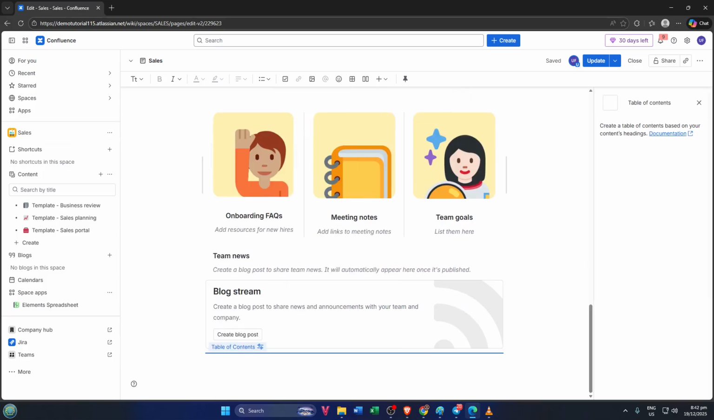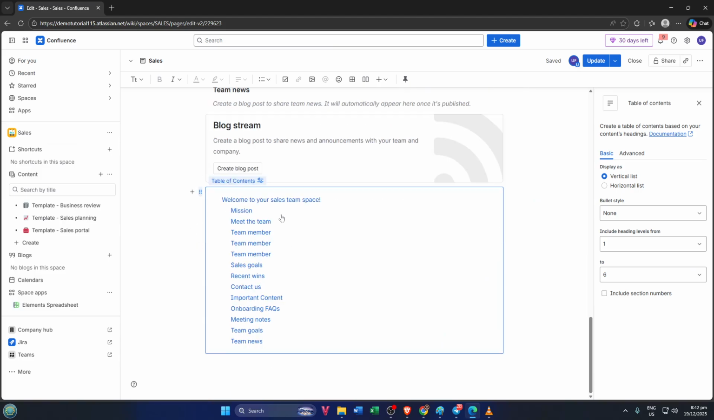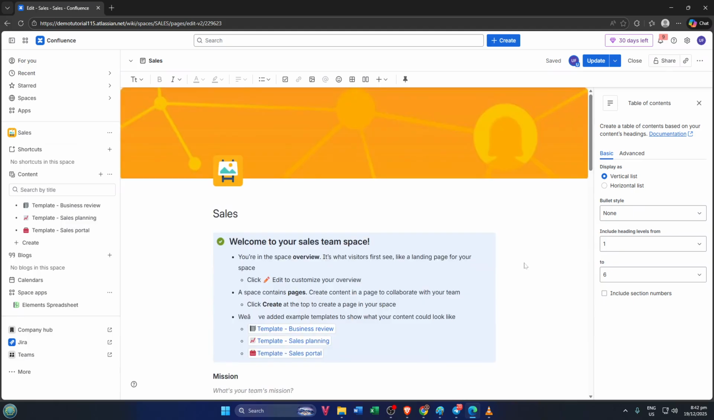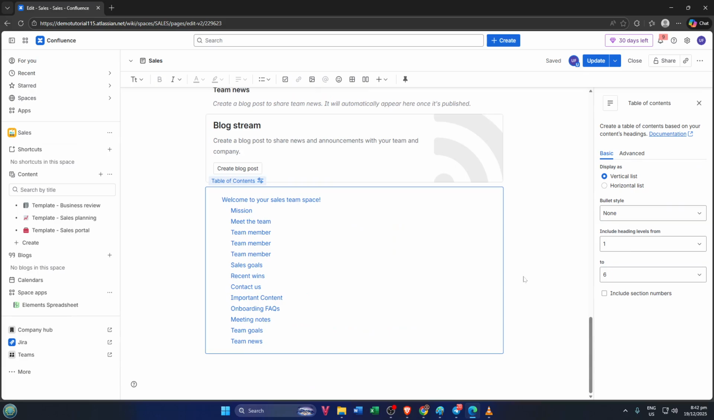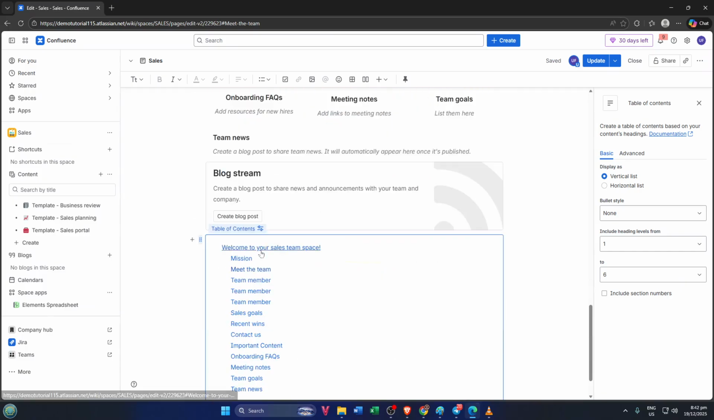This method is super handy if you want to keep your hands on the keyboard and minimize mouse clicks, but what if you're more comfortable clicking through menus? No problem. Look at the top toolbar in edit mode and spot the plus sign or insert icon. Clicking this opens up a menu of things you can add to your page. Think of it like a toolbox. In the search bar, start typing table of contents. As you type, the macro will appear below. Just click it and Confluence will drop it right wherever your cursor is. This approach is especially helpful for beginners who prefer visual menus, or if you're not quite sure of the exact